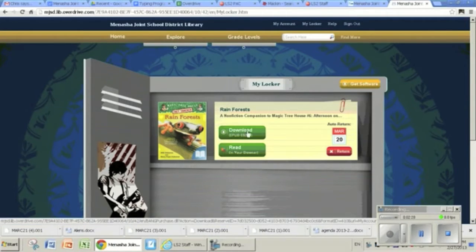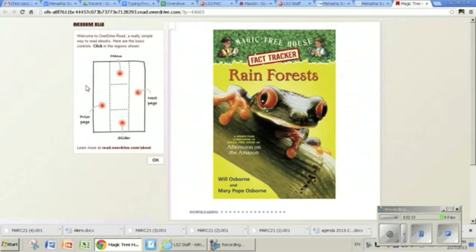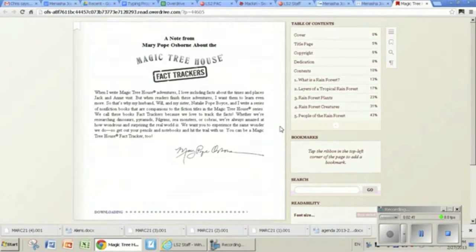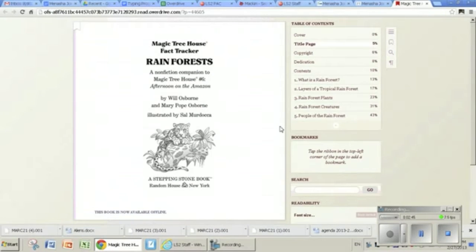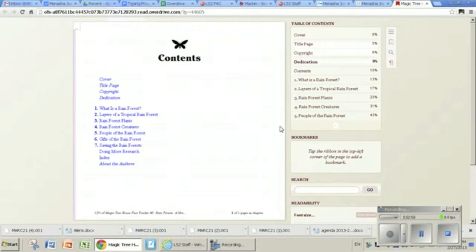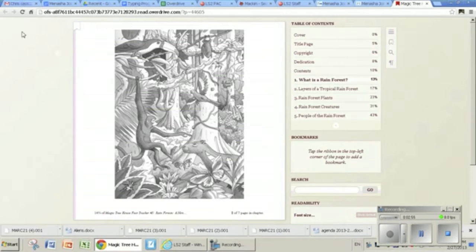So now that we have this in our locker, you can say read. If you want to read it instantly, you could download it if you wanted to download it to a Nook, but we're going to say read. And the book will come up and it gives you instructions on how to get to the menu and how to turn the page. So I'm going to say okay. And then if I click right here, I can start reading this book. And it's that easy and that instant. And there you are. That's how you use Overdrive to check out